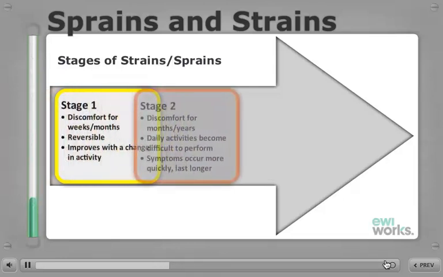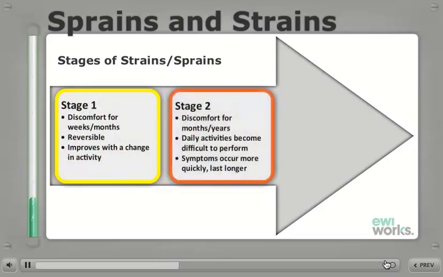The second stage is also characterized by discomfort, but individuals often report that the symptoms come on quicker when performing the task and last longer after they have finished the activity. Stage 2 is also characterized by reports of difficulty performing the task efficiently. Again, in Stage 2, if one changes the way in which they perform the task, and if the primary risk factors are addressed, symptoms will often reduce with conservative medical treatment.